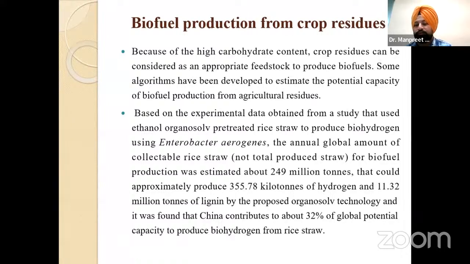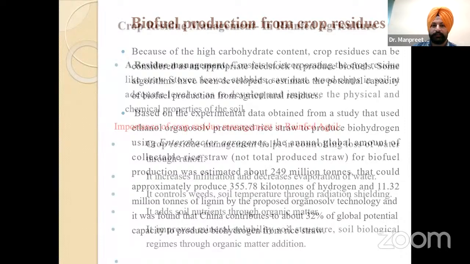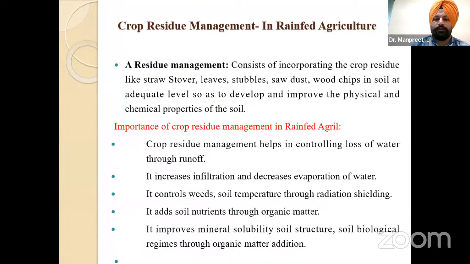जो बायोफ्यूल की थी, वो प्रोड्यूस कर सकती थी 355.78 किलो टन ऑफ हाइड्रोजन एंड 11.32 मिलियन टन ऑफ लिग्निन बाय दिस यूजिंग राइस स्ट्रॉ। तो इट वाज फाउंड कि चाइना अकेला ही कंट्रीब्यूट्स टू 32% ऑफ ग्लोबल पोटेंशियल कैपेसिटी टू प्रोड्यूस बायोहाइड्रोजन फ्रॉम राइस स्ट्रॉ। तो बायोफ्यूल प्रोडक्शन का भी बहुत अच्छा सोर्स है ये क्रॉप रेजिड्यू हमारे लिए।